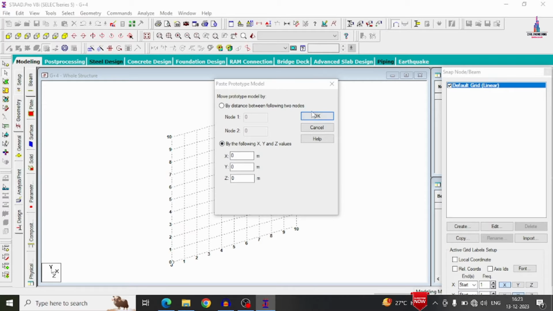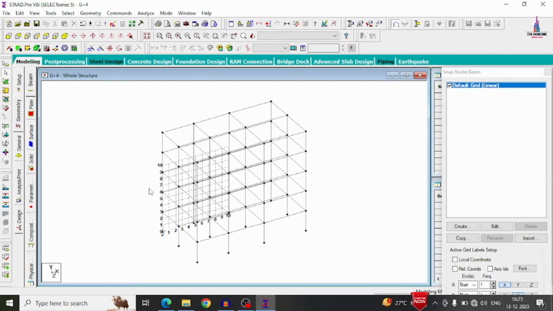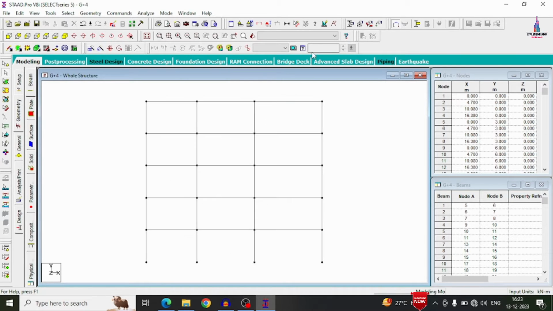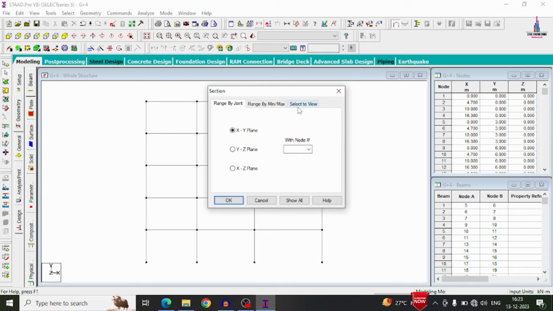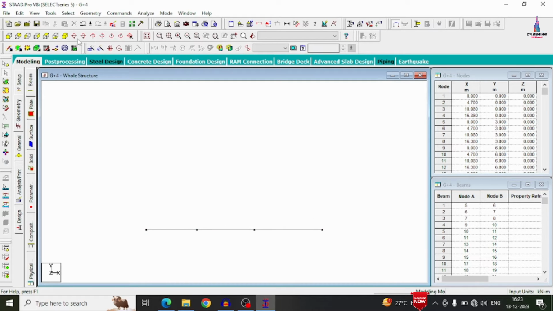So now we have to import this model. Click on the OK option. Now we can see it is importing the data, and the importing process is done. Now we have to add the slab sections at the portions here. For that, initially we select the front view, go to the cut section command, select the view option, and click on OK. In this case, we have to add the slab portion for the ground story initially. So click on this select option, and click on the isometric view option.